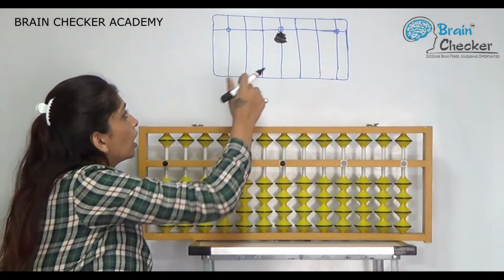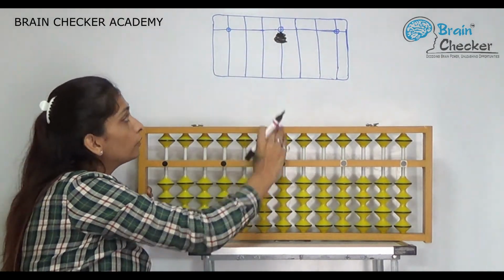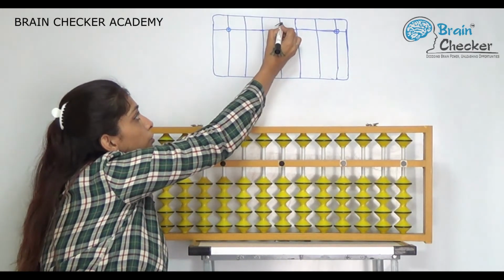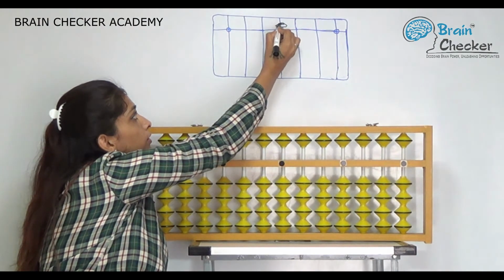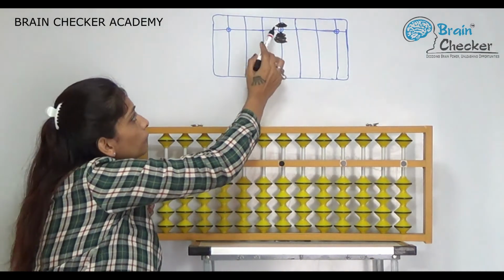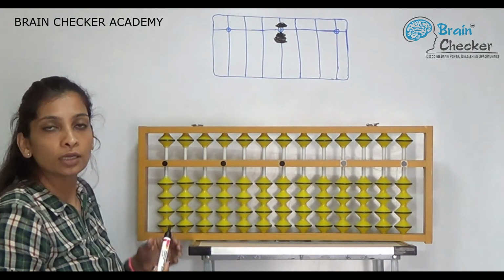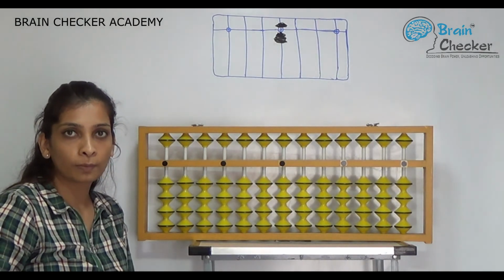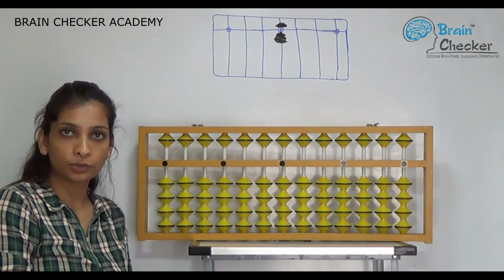Now, to draw 5, always remember, as I mentioned earlier, 5 is always upward. So I will draw the upper bit, and to show 5, I will turn that bit to the middle bar. Now how many bits do I have? 5, 6, 7, 8. So you understood how to count the number on the unit rod? Good. Next we will see more examples related to it.